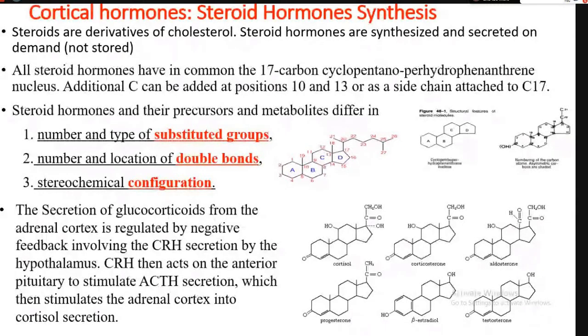Say there is an aldehyde group here. At the 18th position there is an aldehyde group. You can see in the aldosterone, in the 18th carbon atom, there is, you have to answer in the viva, the 18th position, there is an aldehyde group, CHO group. Can see here. CHO group in the 18th position. That's why the aldosterone name has come from aldehyde, which is a mineralocorticoid.